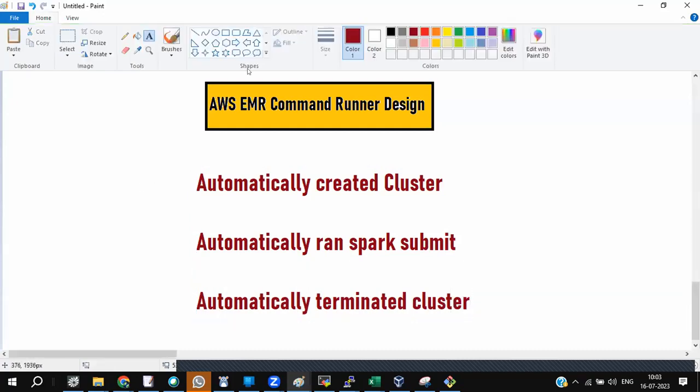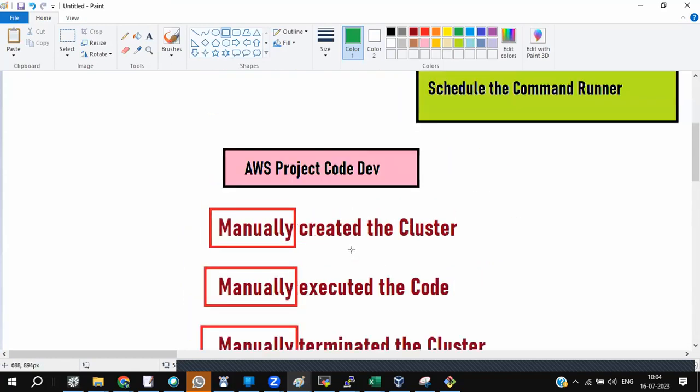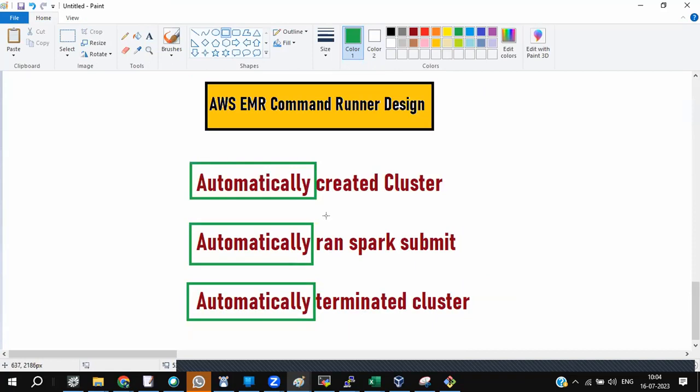Makes sense, all of you right now? Yes. Manual, automation, automation and automation.